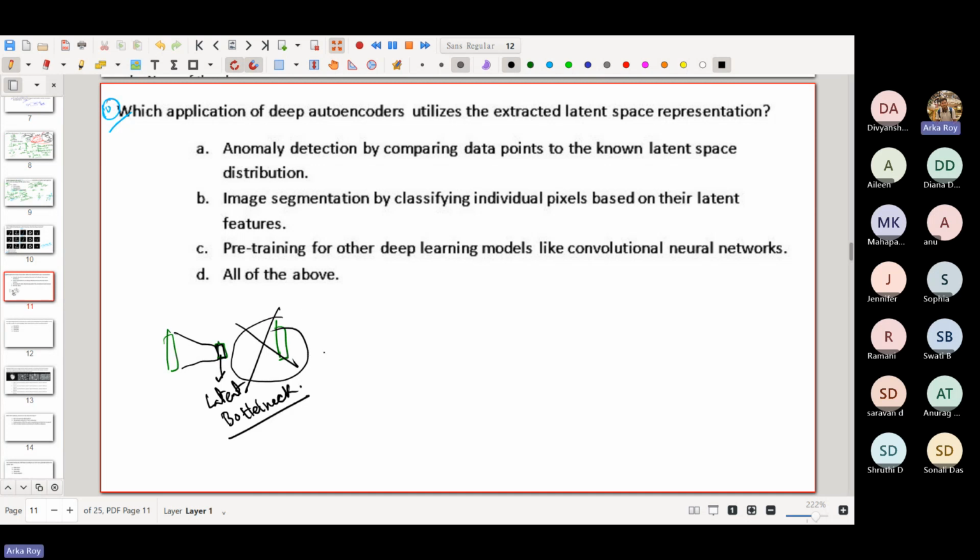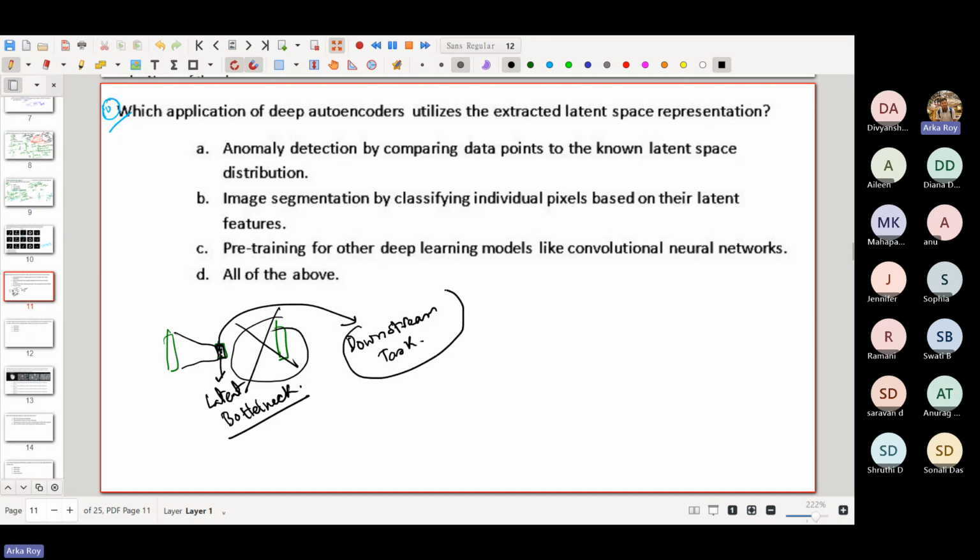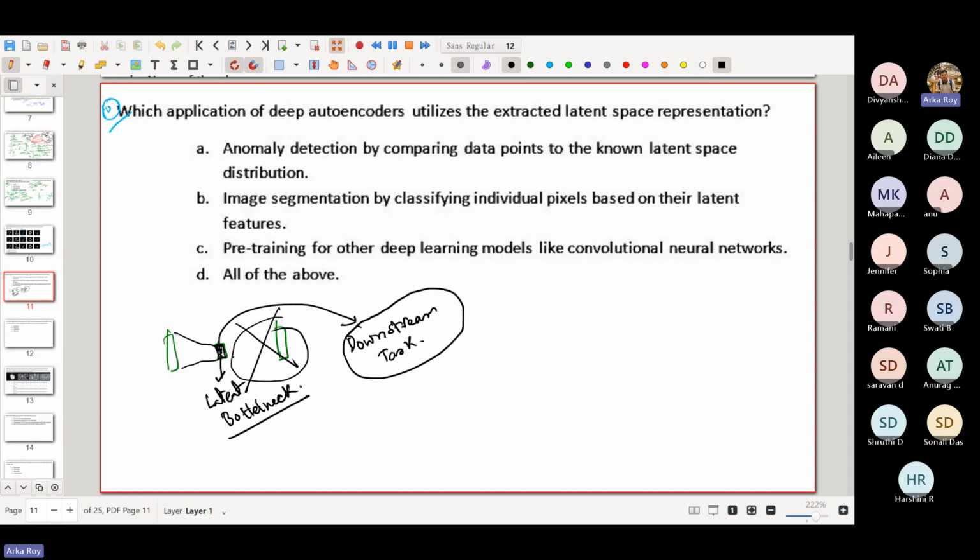And we chop off this particular decoder, and then we use this latent representation for our downstream task. It might be a classification task, it might be a regression task, and we need to scan through what sort of task we can use these particular hidden representations. So the first option is